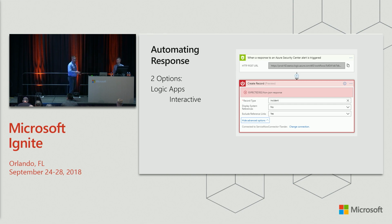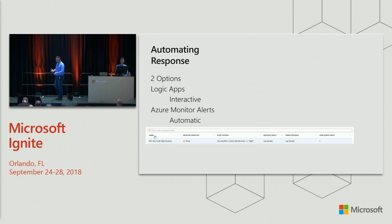We have a ton for Microsoft, but this is a terrific ecosystem of capability for you to snap in well-tested modules so that you can build automation very reliably. Now, the other option is to do this automatically. And the way that you would set this up is to utilize the Azure Management capabilities built